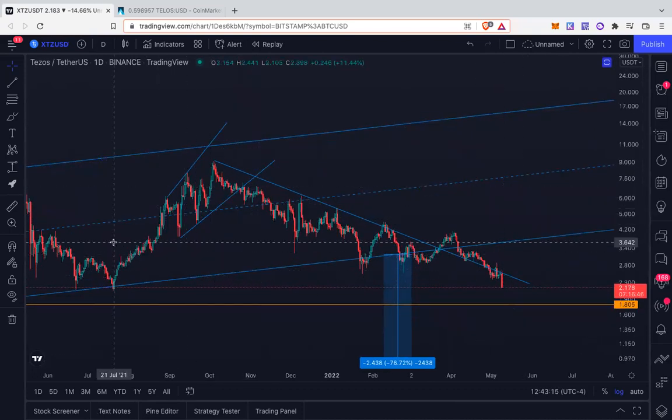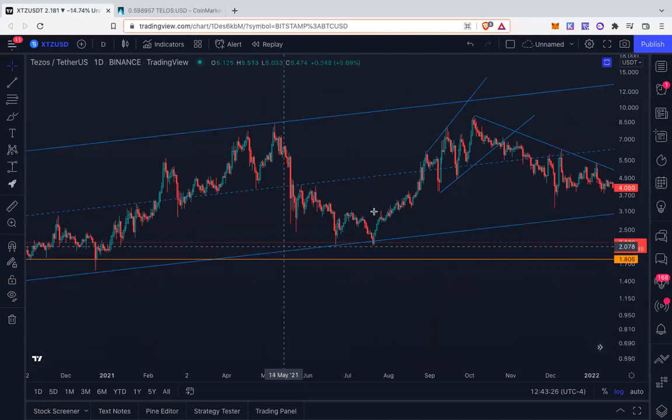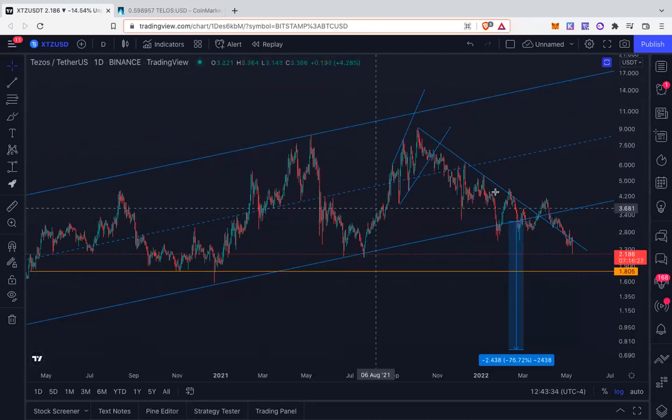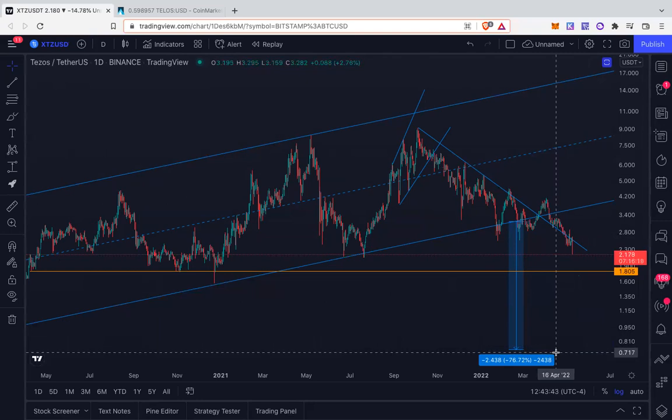I was noticing this channel back in 2021, and I just stopped looking at the chart because I don't trade Tezos. I just don't trade this asset. It's something I look at. But it's just an example of things you should be checking on. But 73 cents is probably your ultimate bottom. You could potentially be breaking 209 today. So look for 180 as support.